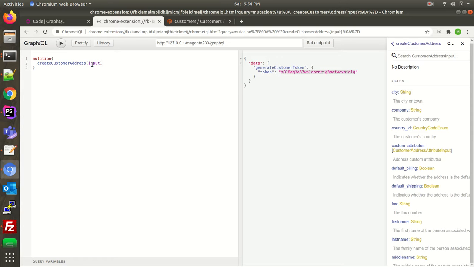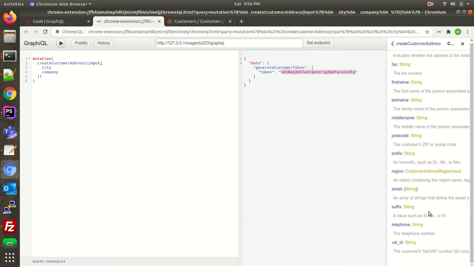City, that is input. Okay, just pass it. Sorry for that. So when you pass it, like city, what else is there? Company. So like this you can give all these fields whichever is required, and when that is done, just click on it and it will execute.